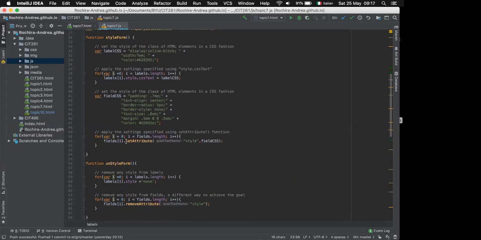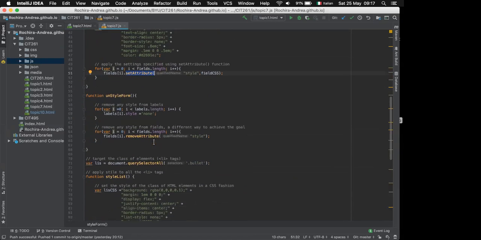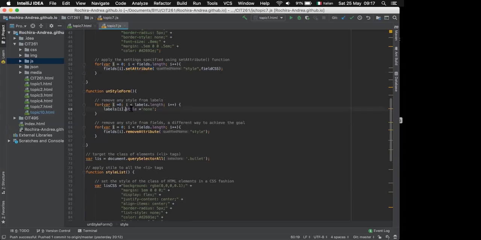I use the set attribute here in the loop. This is another way to remove the style. For the set of elements, I assign the none value to style, and when I click the button,